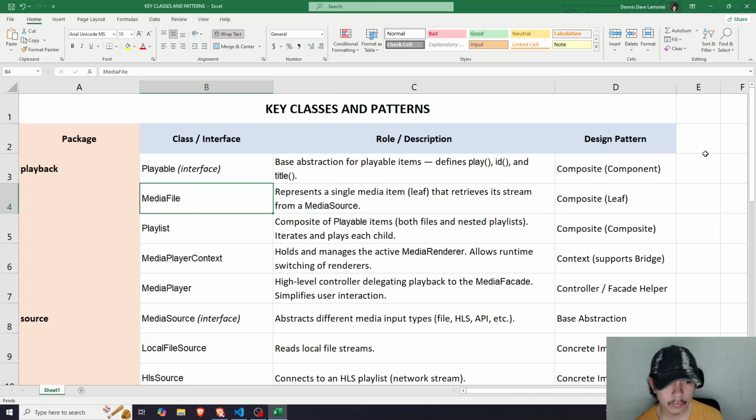Let's proceed to the media file. The media file represents a single media item, or leaf, that retrieves its stream from a media source.